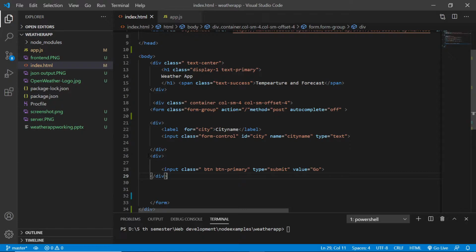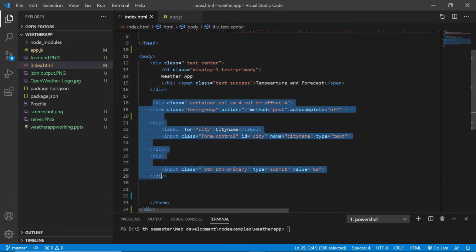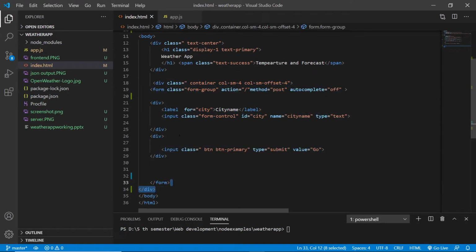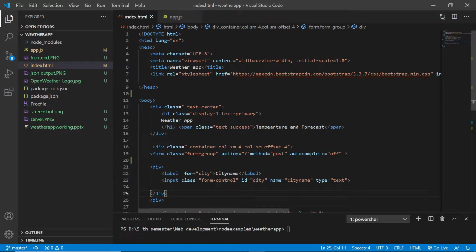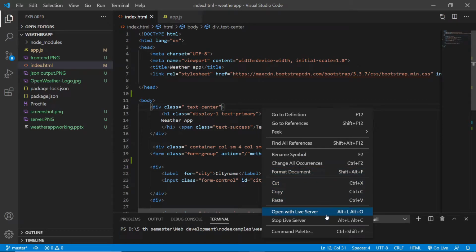What we have done is we have wrapped everything inside the div tag so that they would be spaced evenly. So here if you can see, this is also wrapped inside div tag. Even the form is wrapped inside the div tag, and the individual elements are also wrapped inside div tags. So this is the best practice that we need to include everything in the form of div tags so that we can control their position in the HTML document. Now this is all about our index.html. Now let's once see how it looks.